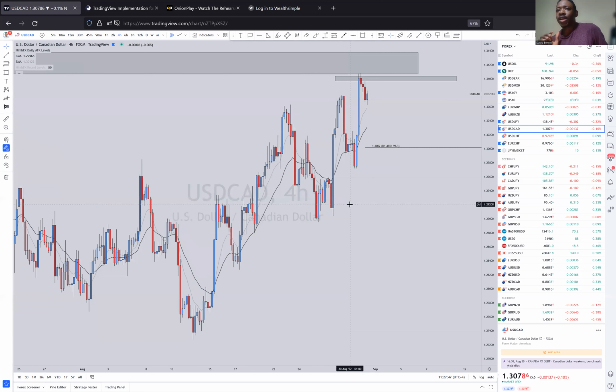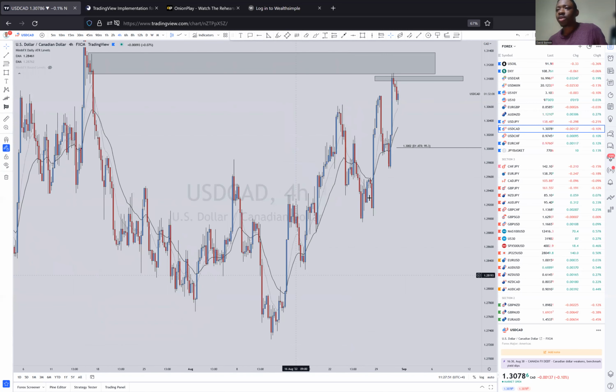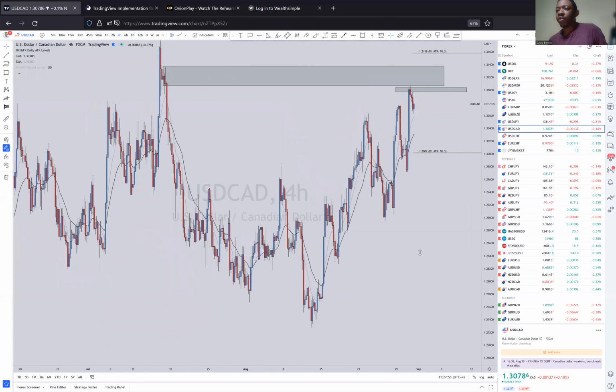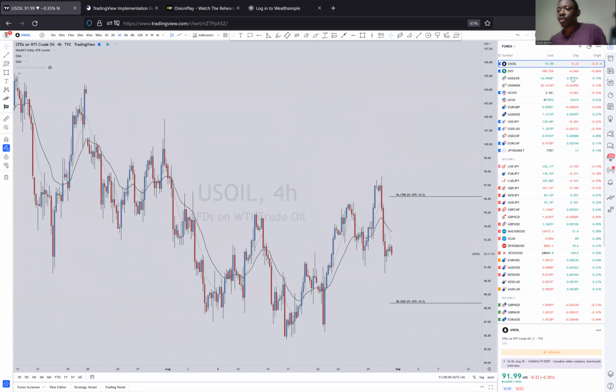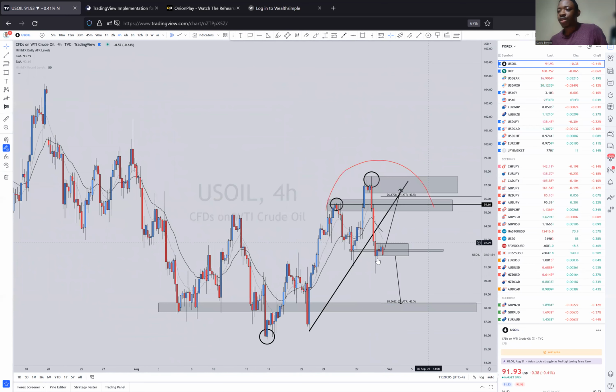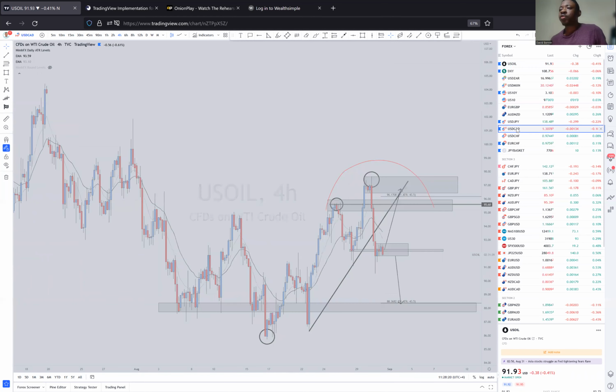So USD CAD, if we get there, let's go back to the structure. So this is what we have. We've had a very strong uptrend and price just tapped into this liquidity. So remember what we talked about on oil. Oil is sitting on this level for a potential drop here. So the best thing that can happen for USD CAD is for oil to reject and close above here. That means it's going to push up. When that happens, we should be looking out for